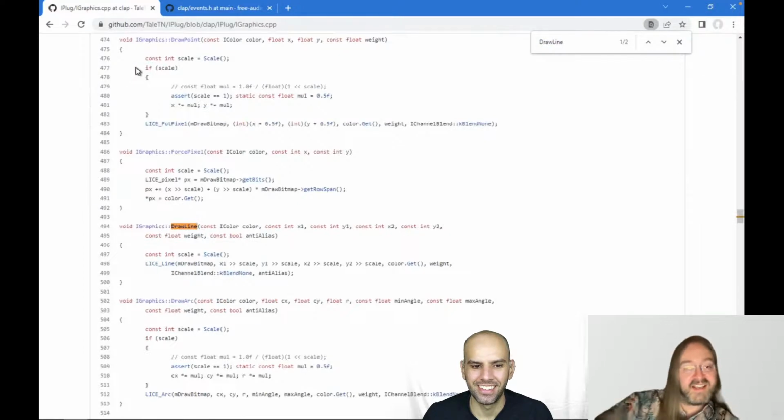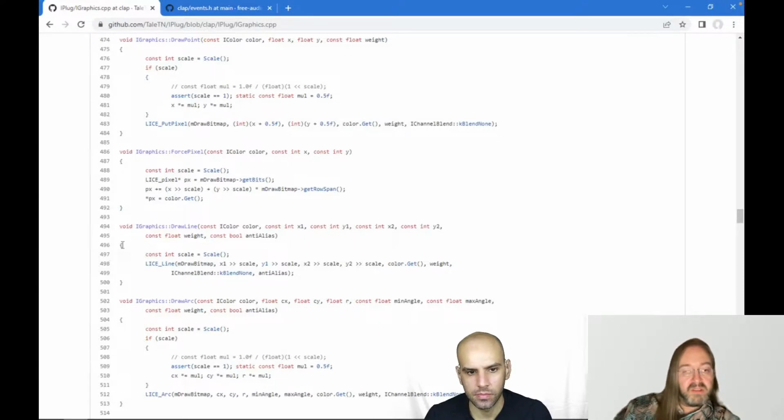So, yeah, here's a simple routine that can draw a line. This is similar to graphics line in JSFX. And here it's called a LICE function. But it isn't that different from the JSFX graphics line function.